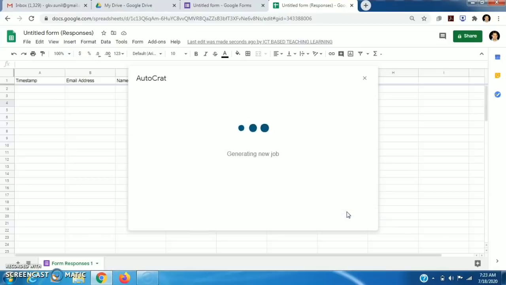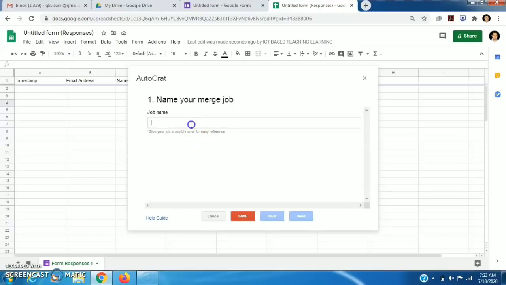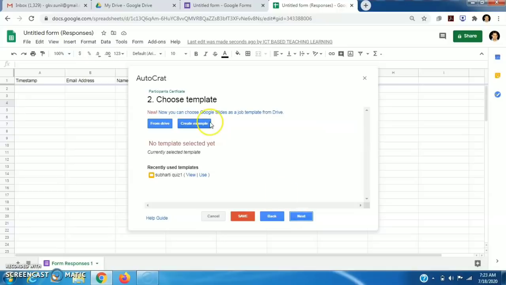Yes, we will set up a new job. Job name, suppose participants certificate. Then I click on next.